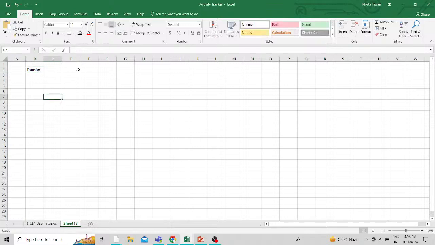So for example, an employee working in the US1 entity, and working as a human resource admin. Okay, so in the transfer